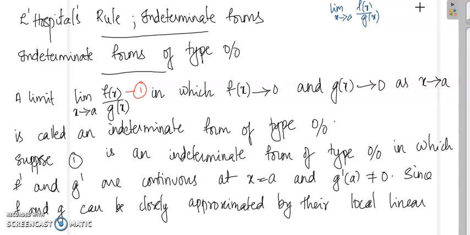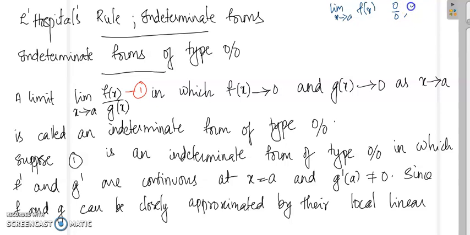By indeterminate form you mean, so when you substitute the value of x into this function. So suppose you have a limit, say, you have a function in this form. So, you have a limit in this form. This can be anything. F of x can be either a product, can be quotient, it can be some exponent or anything. Okay. So, when you substitute the value of x, sometimes your function can be in the form either